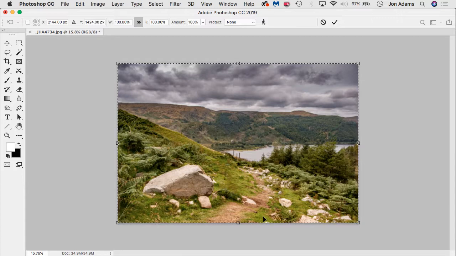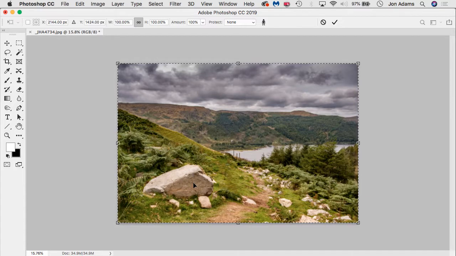the Free Transform command. But what I can do with this bounding box is move things around without affecting the highly detailed areas of the image. That's easier to show than explain. What we've got in this picture is some very detailed areas like this rock and like these ferns and these scattered rocks here, and we've got some fairly low detail areas like the clouds and these areas in the distance. So what we can do with Content Aware Scale is reproportion our image without affecting the proportions of the key